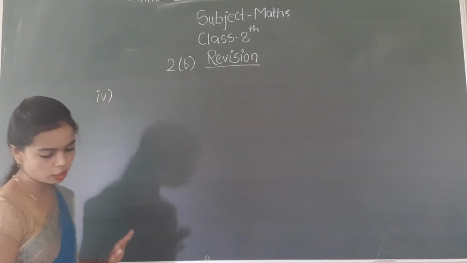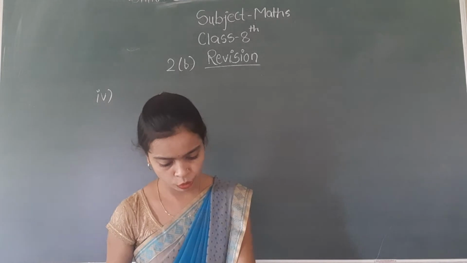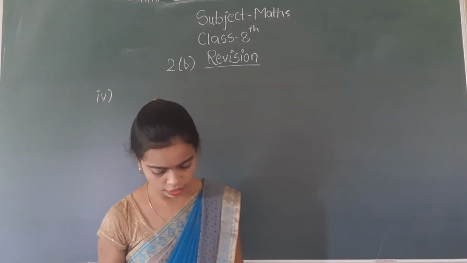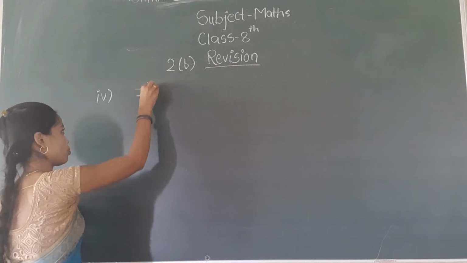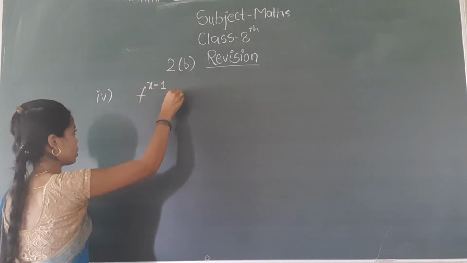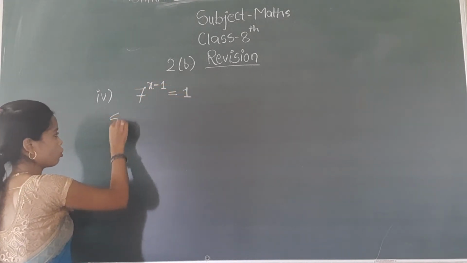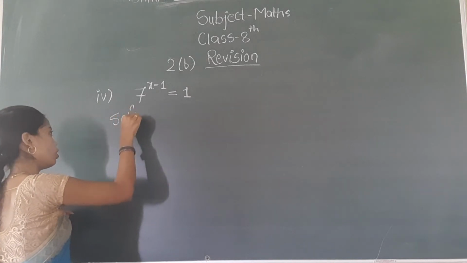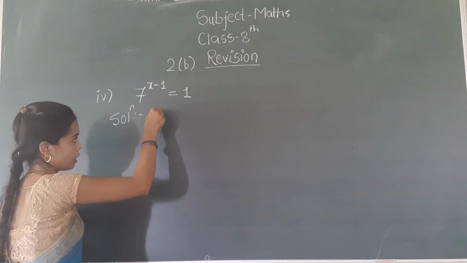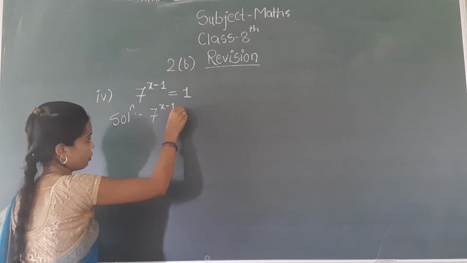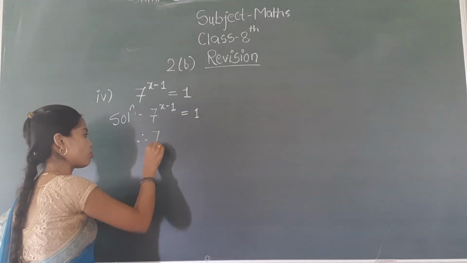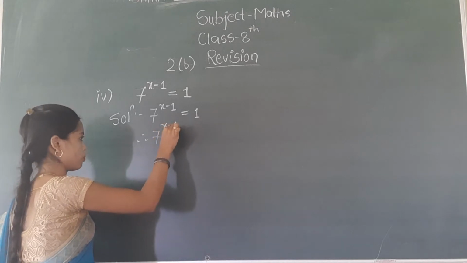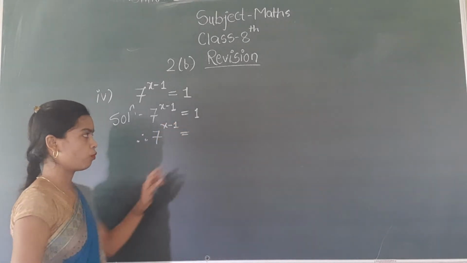What is your question there? 7 raised to the power x minus 1 is equals to 1. Okay, so the solution starts from here. You will write that 7 raised to the power x minus 1 is equals to 1. In the next step, therefore, 7 raised to the power x minus 1, you can write 1 as...